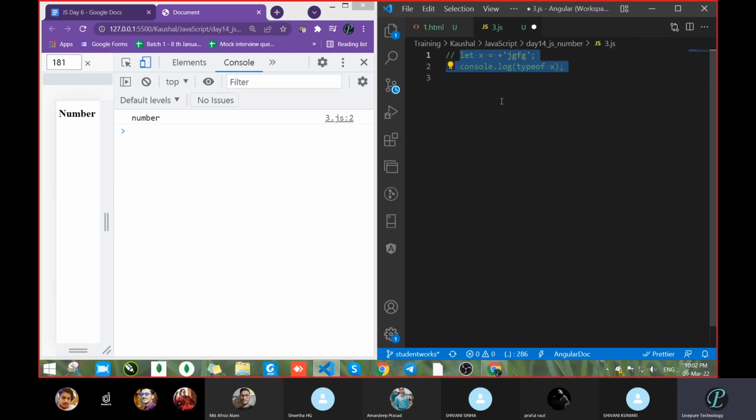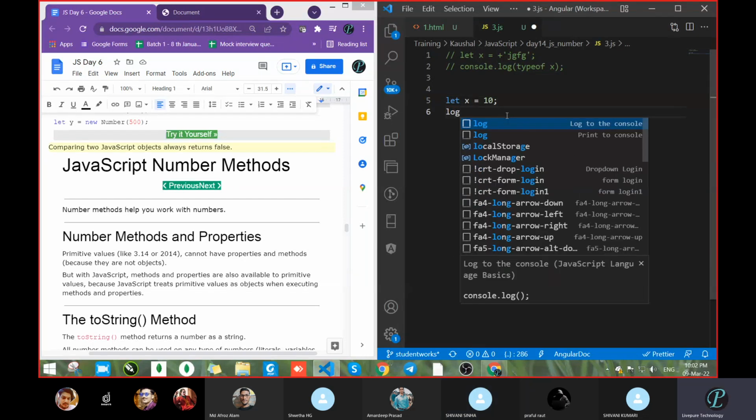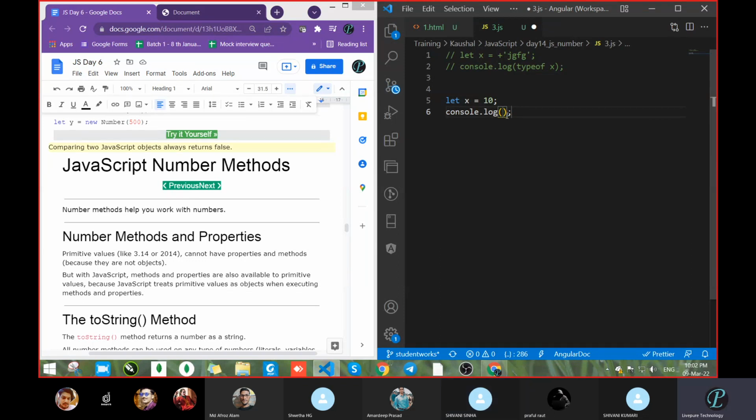But I want to convert the opposite, a number into a string. How to do that? We will pass it this way. Let x equal to 10, and then pass x dot toString. So we will pass like this.